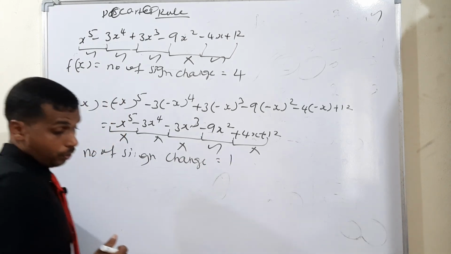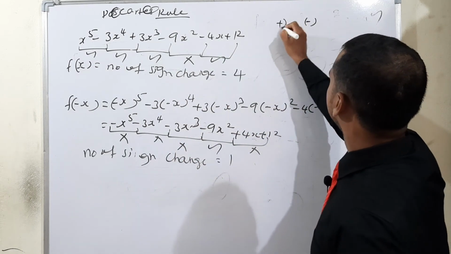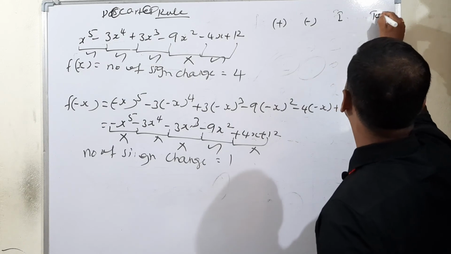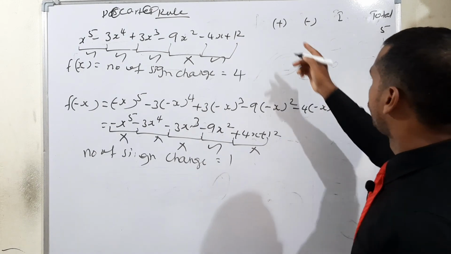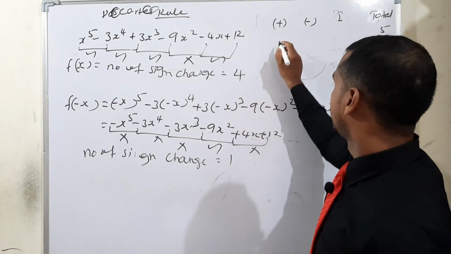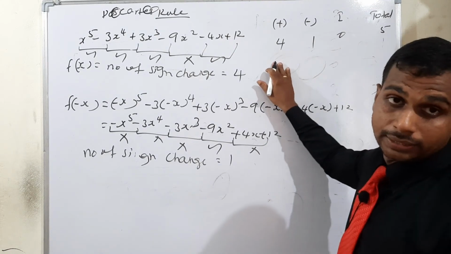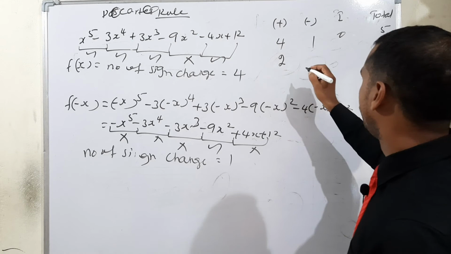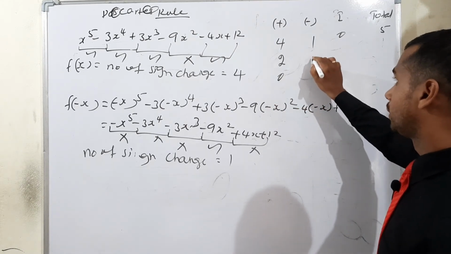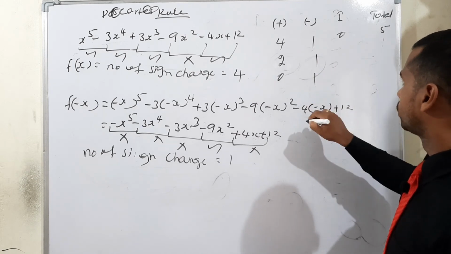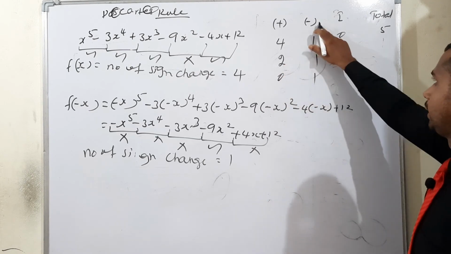Now we have to write what the possible cases are for this question. So positive, negative, then imaginary, then total roots. Totally we have 5, isn't it? Now positive, the number of sign changes is 4, then negative only 1, imaginary nothing. So next case, 4 minus 2 means 2 will be possible, again 2 minus 2, 0 is also possible. For the negative, 1 minus 2 would be minus, so we write it as 1, here also 1. Now 4 plus 1 is 5, so the first case is okay; the second case has only 2 positive sign changes and 1 negative sign change.